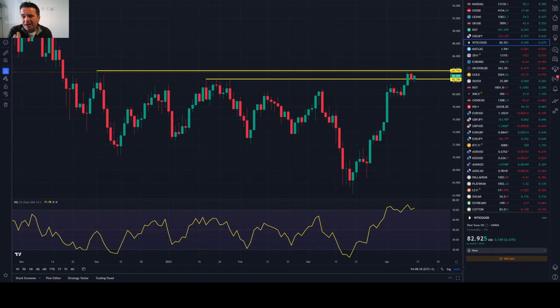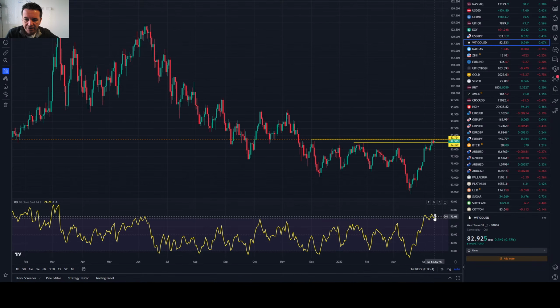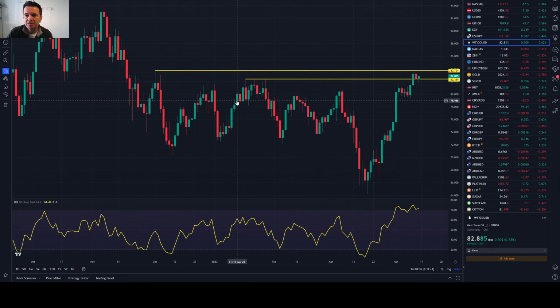So for me, I would absolutely be leaning towards going short crude, but at the moment, it's not really showing any signs of weakness. You know, overbought on the RSI, for those who are fans of the RSI. It's the first time it's been overbought really since June of last year, 10-day RSI. Let's see what happens on crude. So I must admit, I'm not paying much attention to that one at the moment, but clearly 82 to 84 has been something of a hurdle for the price of crude.